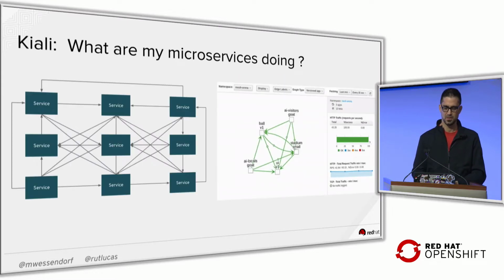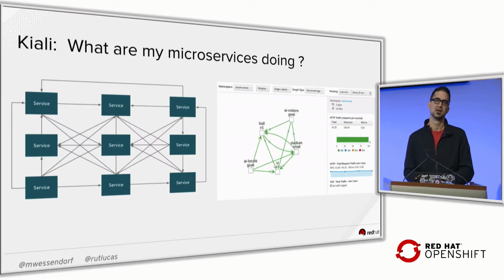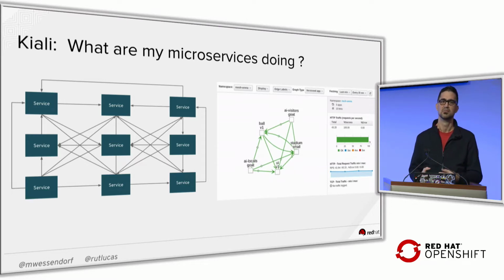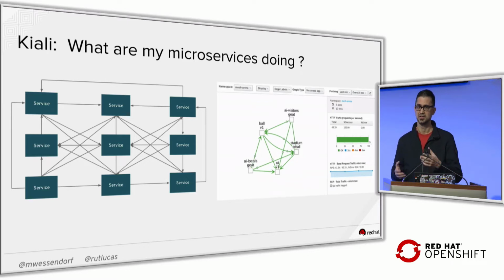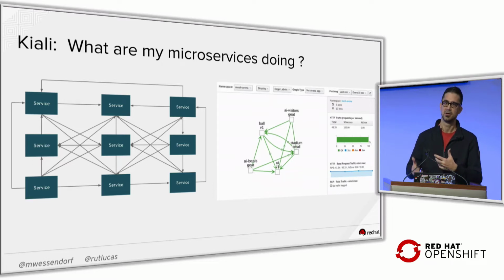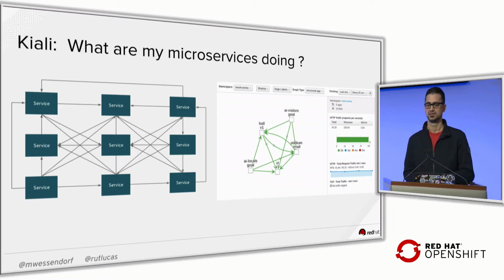And what about the observability? We are saying that with microservices we are adding new complexity. We are adding more and more services. So it's key to have some kind of utility where we can see what we are doing. This is what the Kiali project is doing. Kiali is a UI that is now part of Istio, like a new add-on that you can install in your service mesh. And basically the goal of this project is, on one side, to tell you